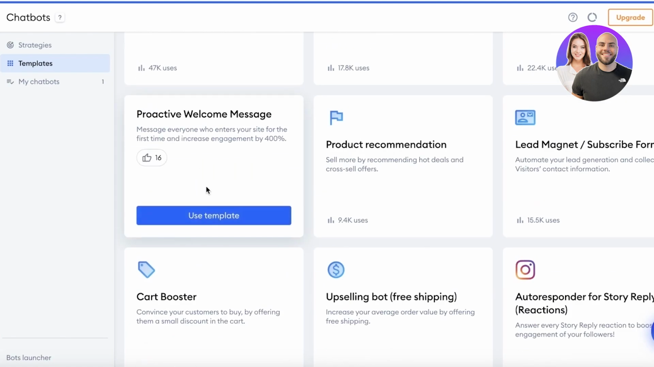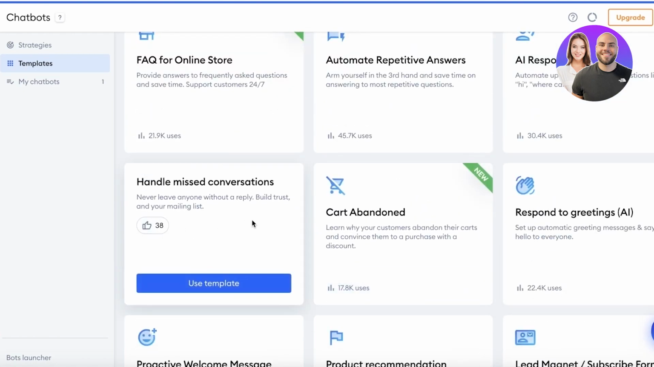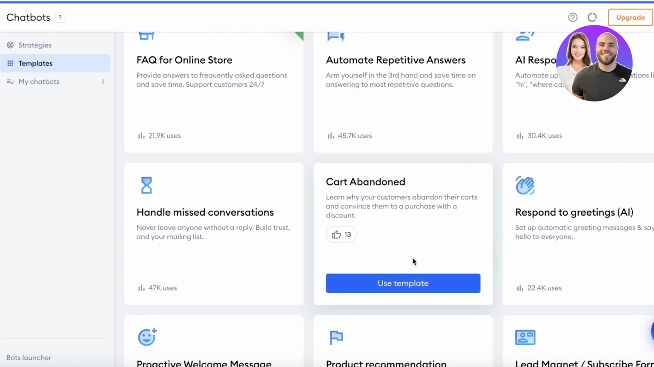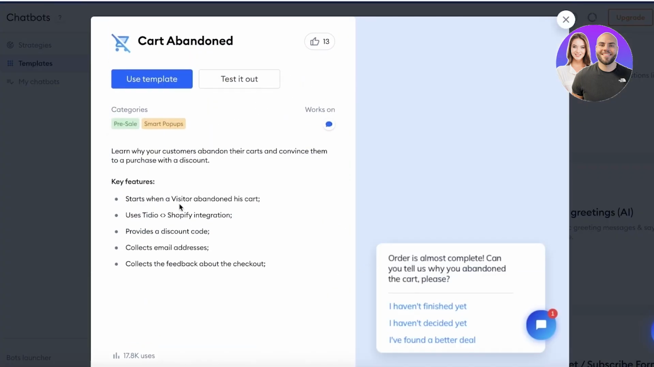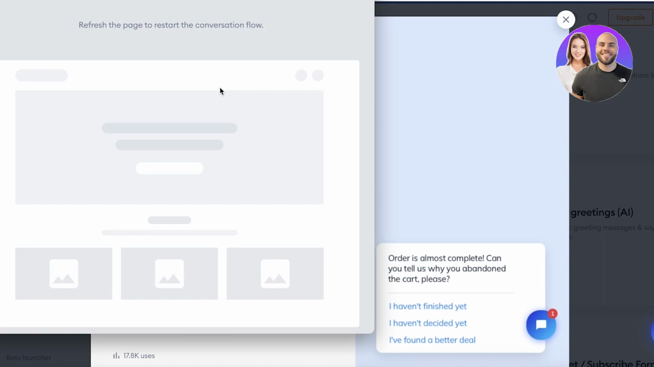So if I want to get started with one of these chatbots, it's very simple. I can go on ahead and go into the cart abandoned template and click on use template over here. Then we can just go on ahead and click on test it out to just get a brief idea of what this template is going to do and how it's going to interact with